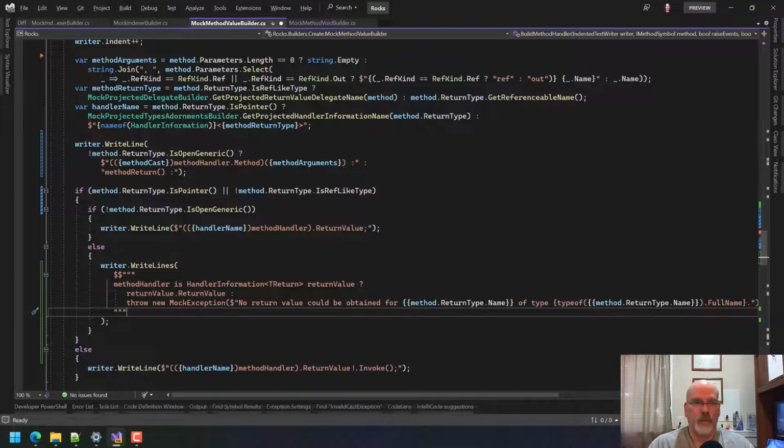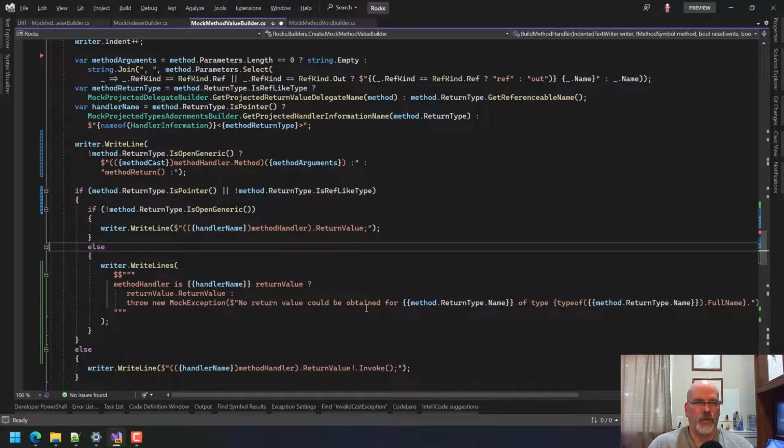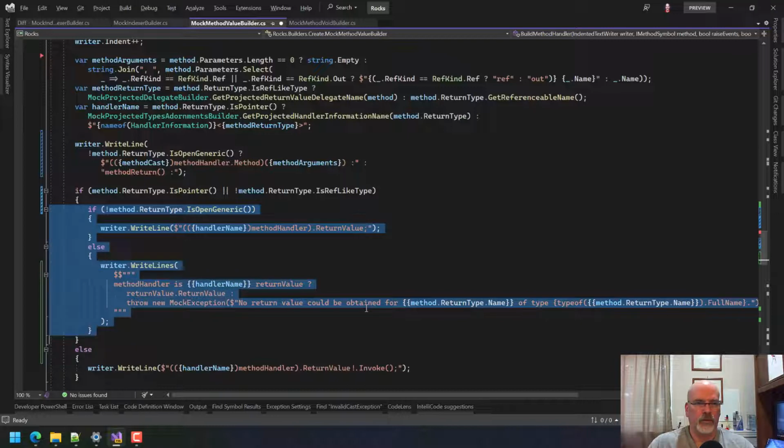Okay. Now we're doing this pointer thing or ref-like type in this case. And we need to be a little bit careful here because the thing that we're casting is actually that. And so then I think we can do the same thing here, sort of.